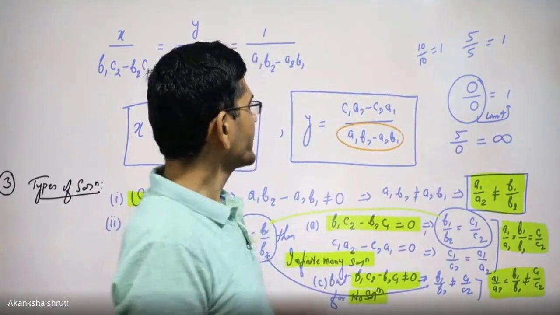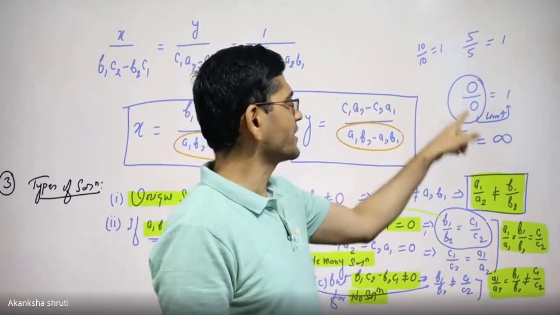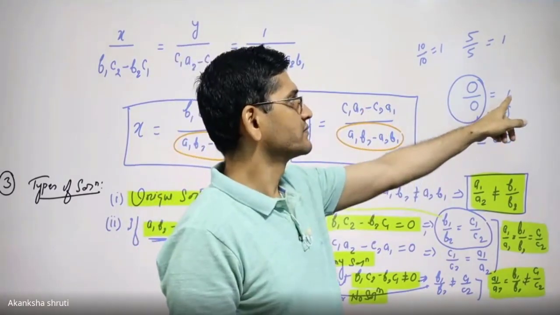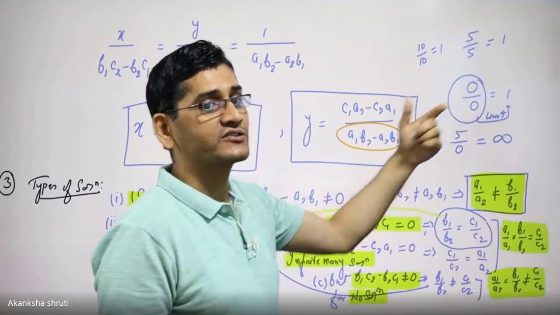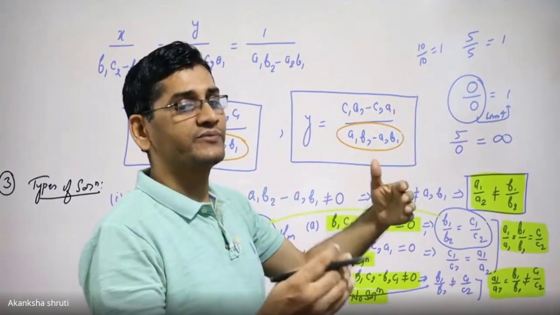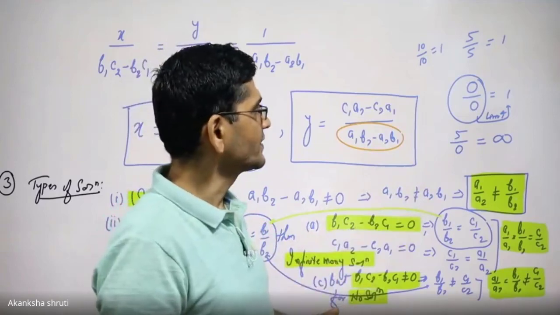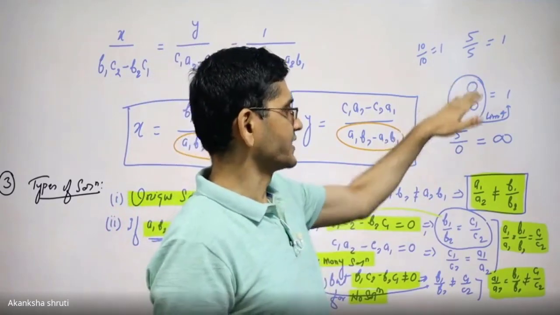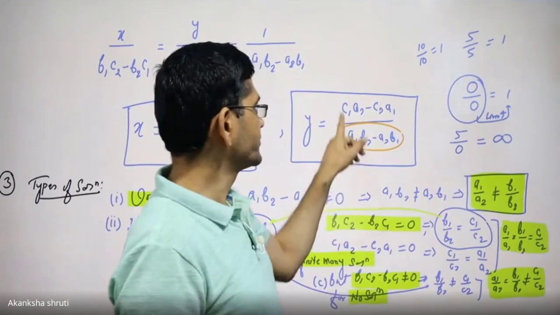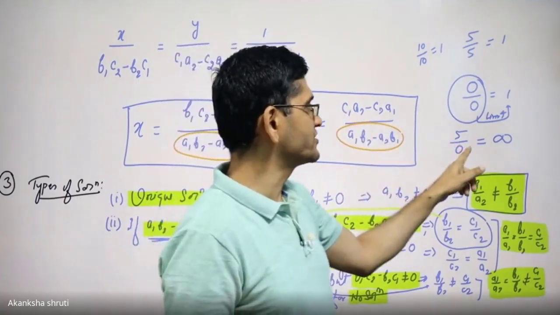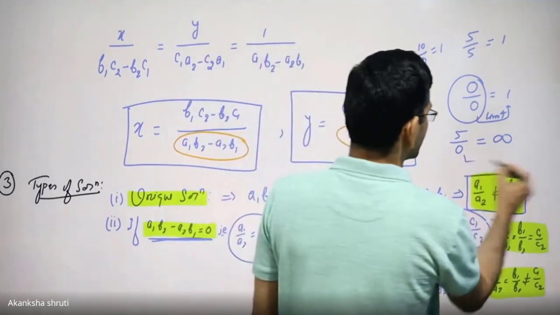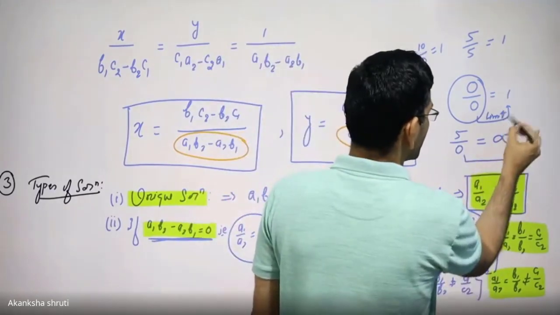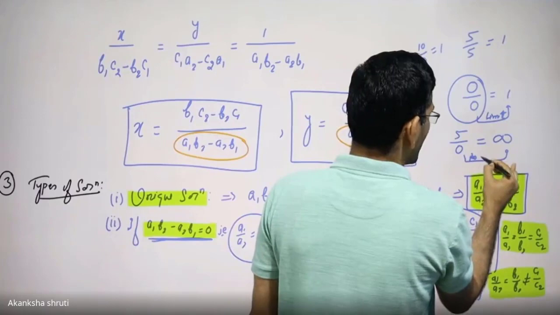This is the concept that is used here. That's why if both numerator and denominator are coming as 0, then it has solutions, or rather it tells that the two equations are not different, they are the same. That's why it appears like that. But if the numerator is not 0 and the denominator is 0, then surely it has no values. So this implies it has no value.